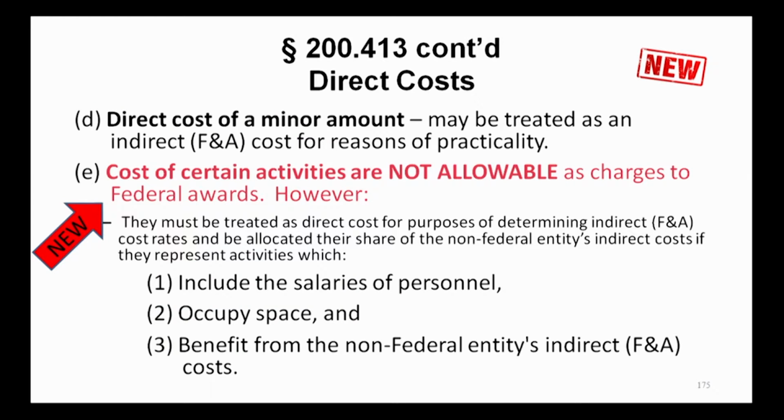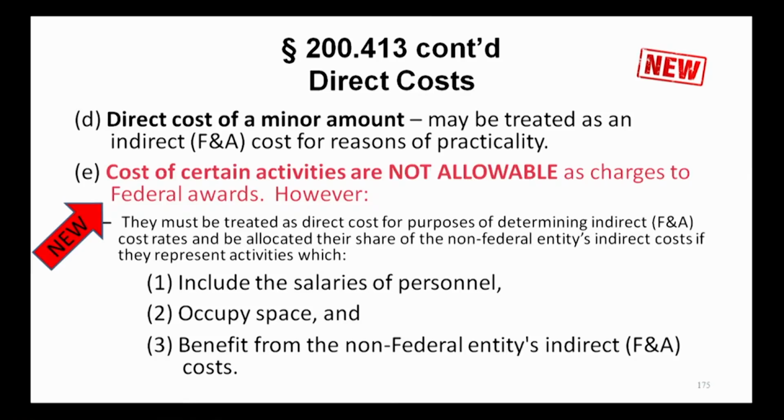And then paragraph D, and really we want to point out paragraph E is where the change is. So if you have costs of certain activities that are not allowable as charges to federal awards. However, what this is saying in this section is if you have activities within your tribe, your entity, that would be determined to be unallowable cost to the federal award, but that it's a program or a service or a function that is